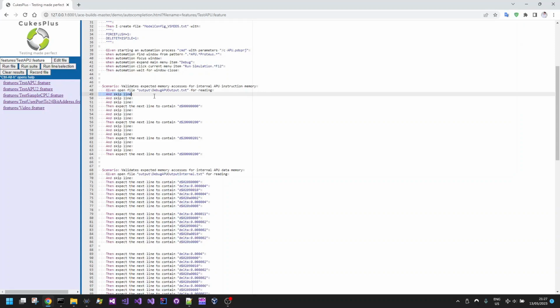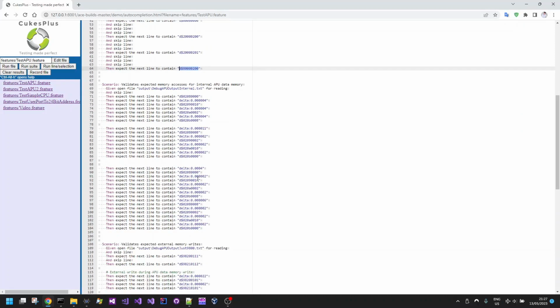Now, for this, I'm not too interested in the timing. I'm just making sure that the correct data is output on a specific bus. For this one, I'm expecting to validate certain timings between APU output internal bus writes, because I want to make sure that the APU bus contention logic is behaving correctly with the correct expected wait times between the writes. So I'm checking the delta write times here, or the deltas between the different writes for